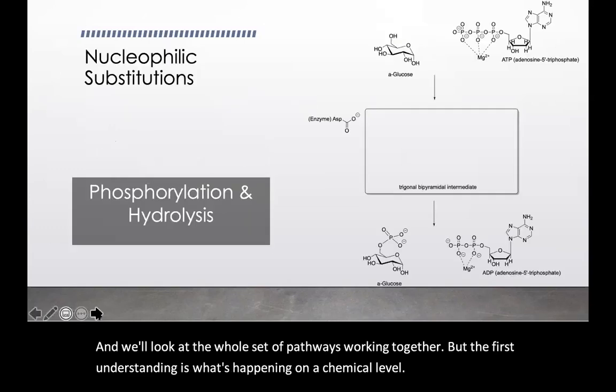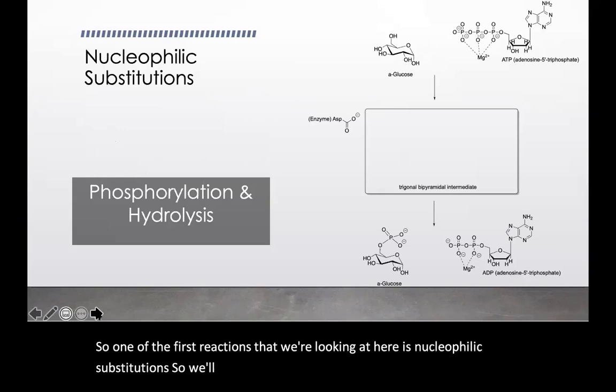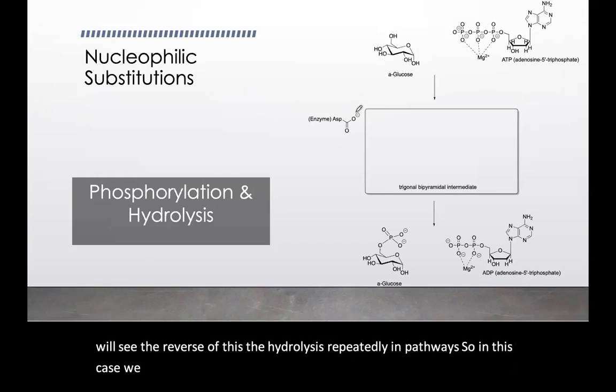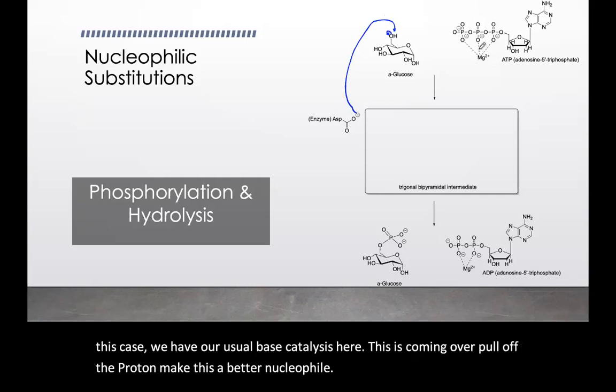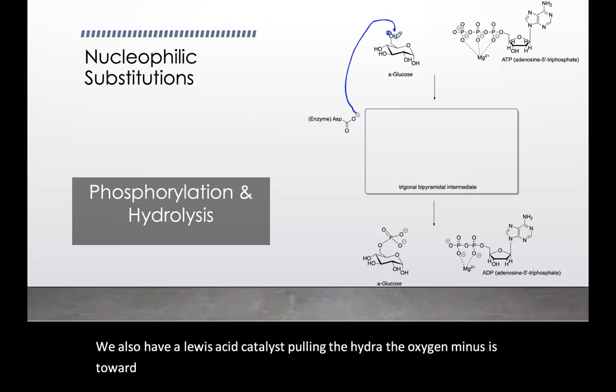So one of the first reactions that we're looking at here is nucleophilic substitutions. So we'll see substrates like glucose being phosphorylated, and we'll see the reverse of this, the hydrolysis, repeatedly in pathways. In this case, we have our usual base catalysis here. This is coming over, pull off the proton, make this a better nucleophile. We also have a Lewis acid catalyst, pulling the oxygen minuses toward the magnesium, making the phosphorus feel more electrophilic, so this nucleophile can bind to the phosphorus and